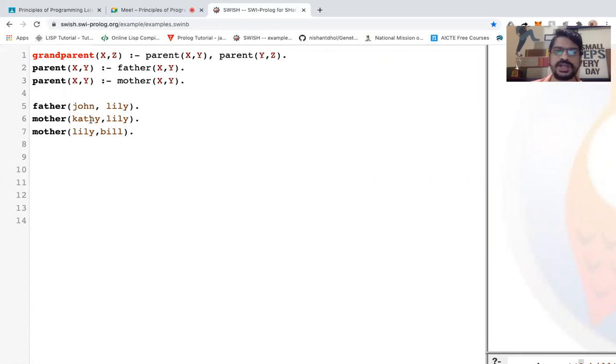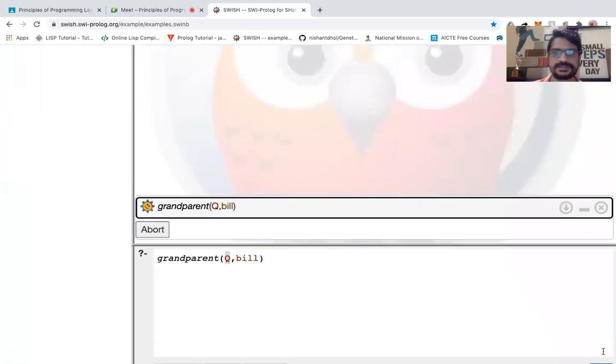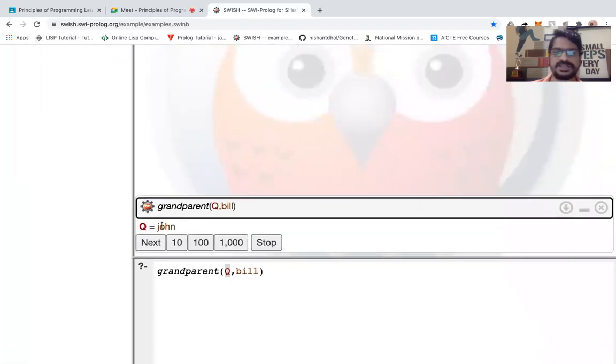Why? Because John and Kathy are the parents of his mother. Let's run this. Here the answer is John because we have two options for the grandparent. Either it will be a grandfather or grandmother, right? So we have grandfather as well as grandmother. So it will pick any one of these names.